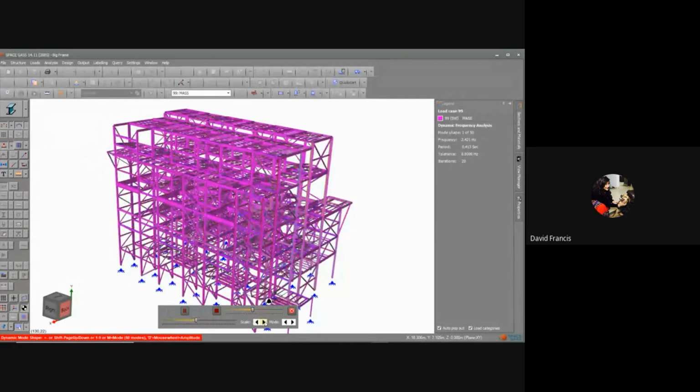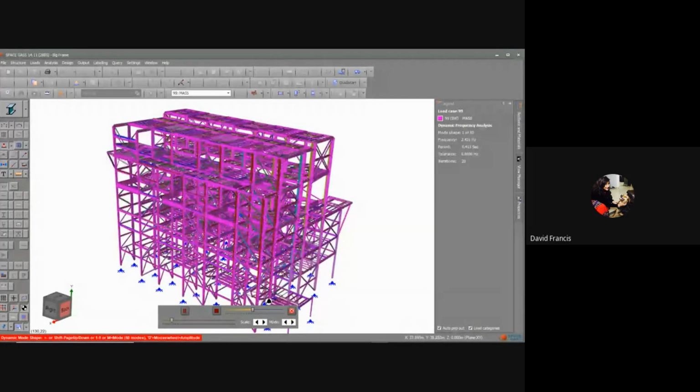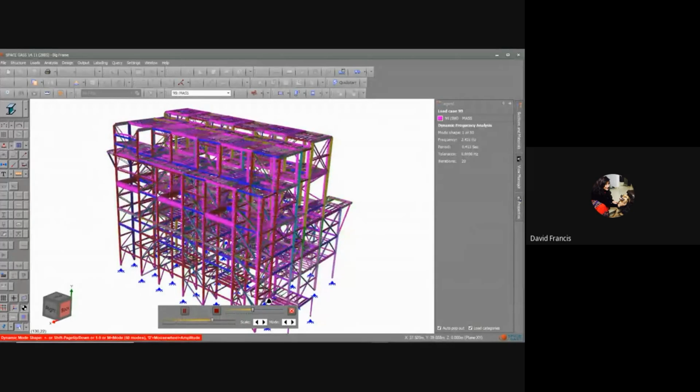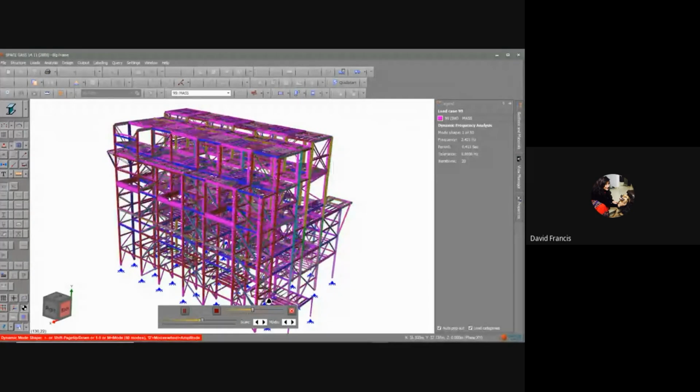But I can increase the scale using these buttons here. So I can scale it up so that it moves more. And I can obviously toggle through the mode shapes. So I can also increase the, by holding the D button down on the mouse wheel, I can increase the,